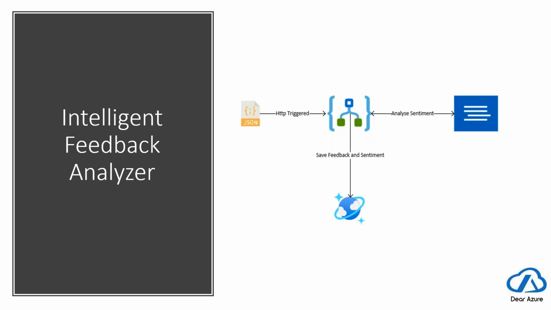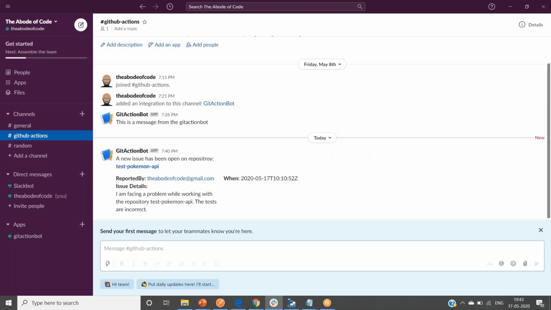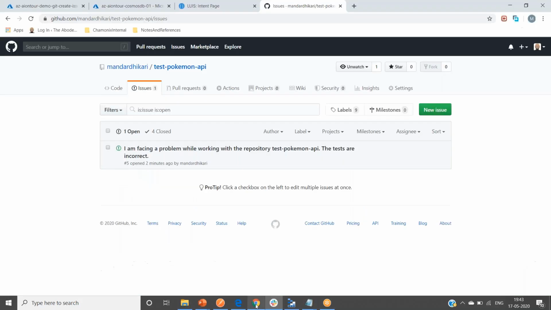And once that is done, the logic app dumps the entire JSON message plus the detected sentiment into the Cosmos DB, so that at a later point in time another process can pick it up and use this data to create reports using Power BI or any reporting tool. So that's another simple scenario. So the way it looks in the Azure portal is that